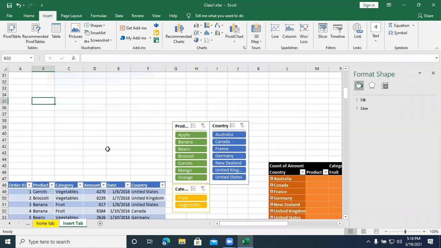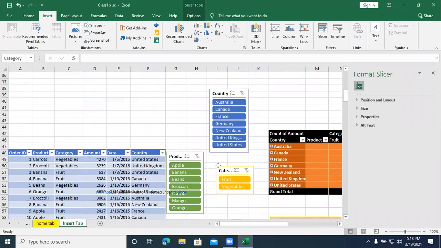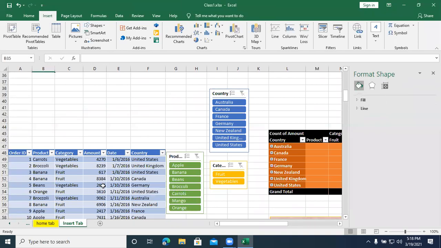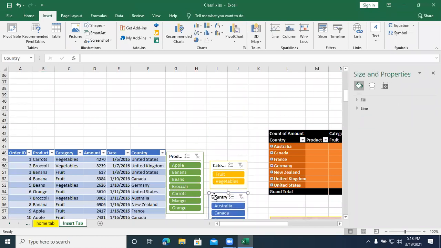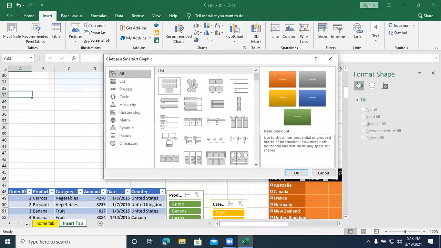I go for insert smart art. So I have many different types of charts.